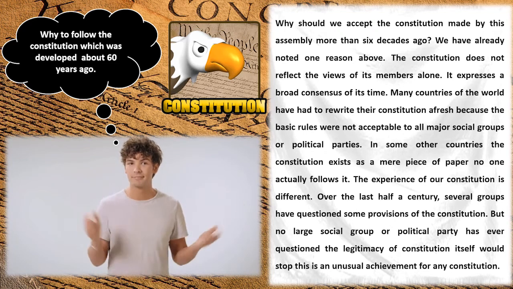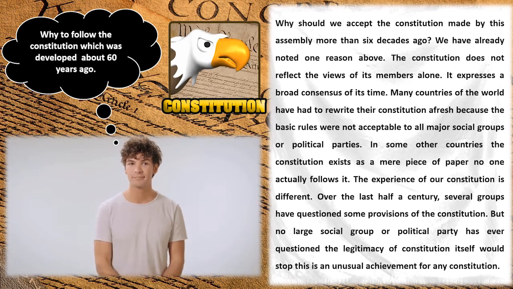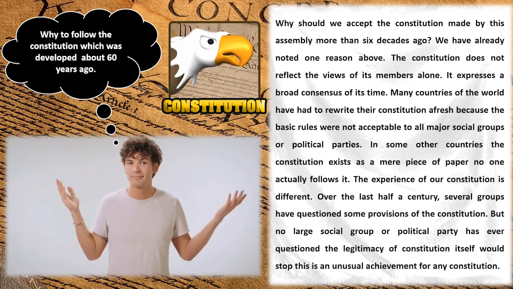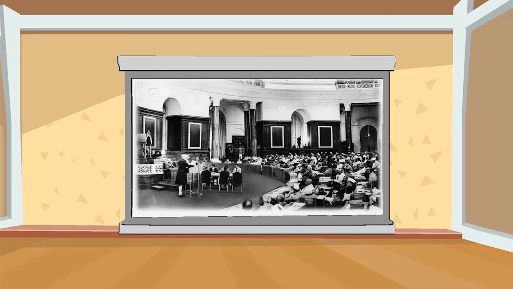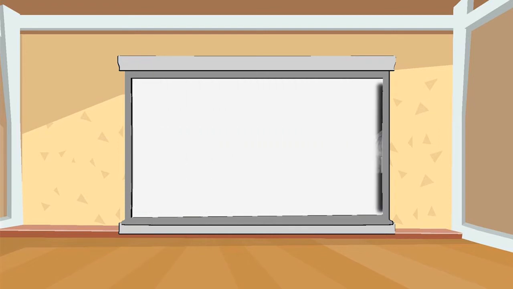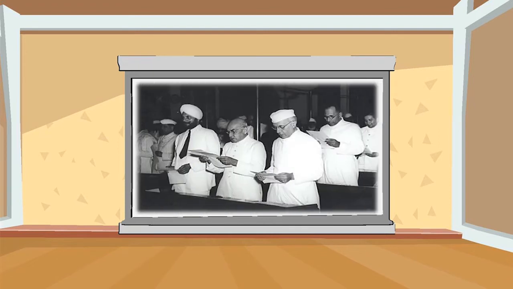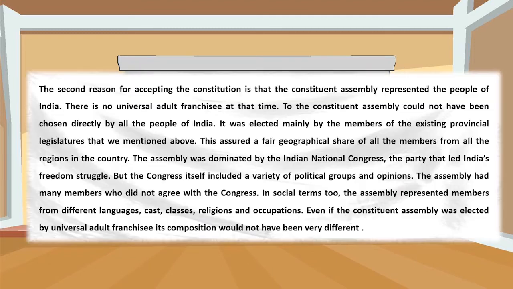Over the years, India has not reported any case in which any social or political party has questioned the construction of the Indian Constitution. The selection of the members of the Constituent Assembly was conducted by elections by the members of the existing provincial legislatures. This means that the Indian Constituent Assembly represented the people from India. The election by the provincial legislature members ensured unbiased selection from various regions of India.